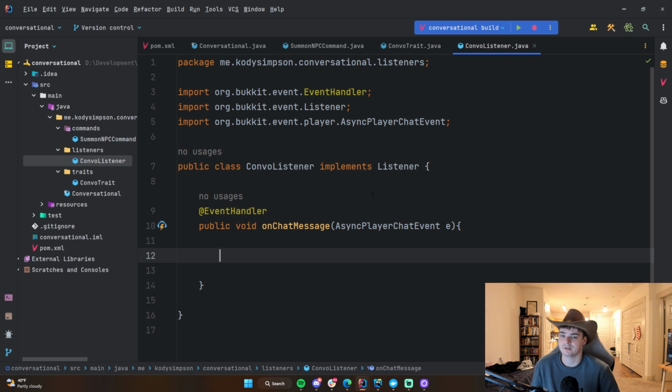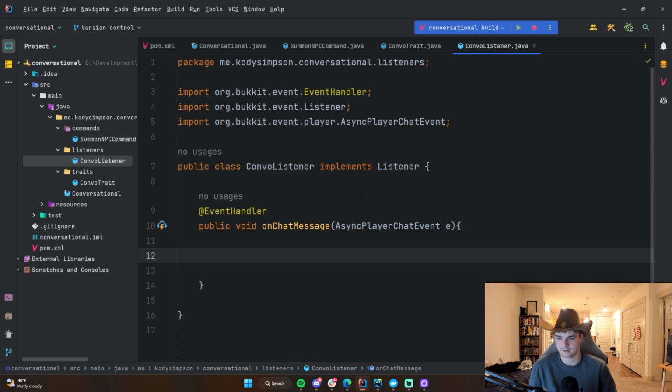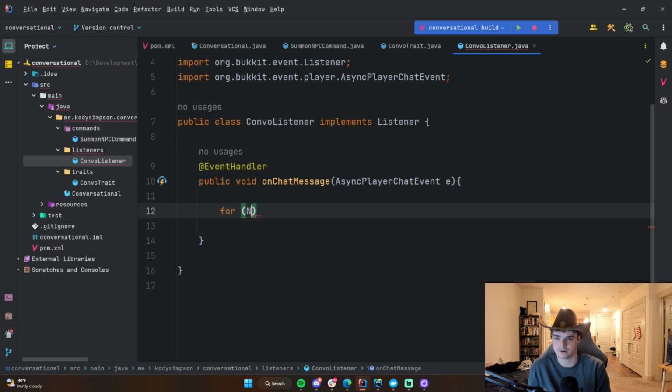So to see if the player is actually talking to an NPC, we're just going to go ahead and get all of the NPCs and then go through each of them and see if the NPC is currently talking to this player. The reason we're doing that is just because we can get all the NPCs pretty easily, and that NPC, if it has the convo trait, already tracks who they're talking to, so we can do a simple comparison to see if they're talking to that player or not. Realistically, if your server has a lot of NPCs, this may not be the most efficient approach, but generally speaking, it should be fine. You're not going to have that many NPCs, so I don't think the implementation matters too much. But yeah, so anyway,